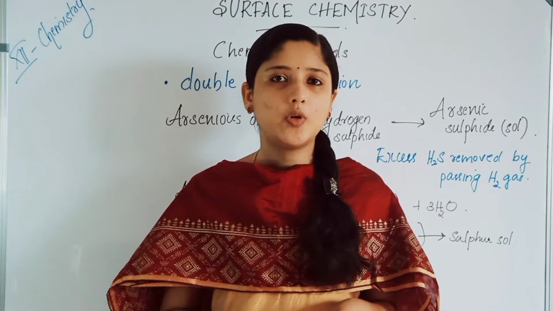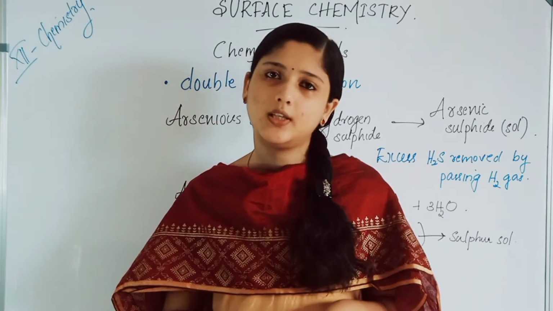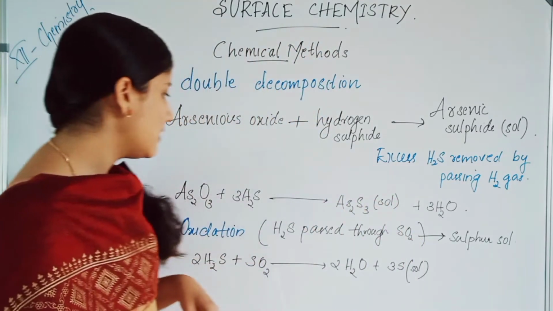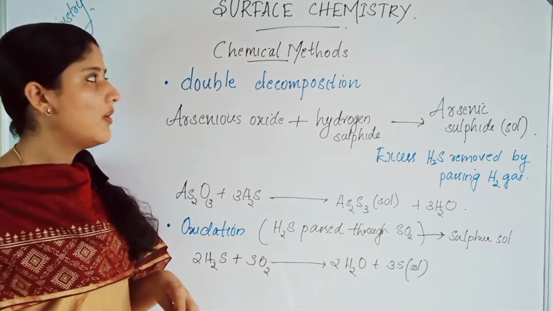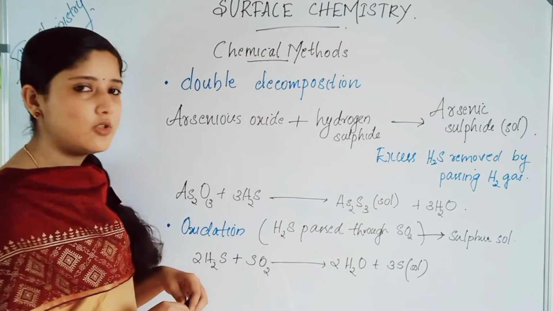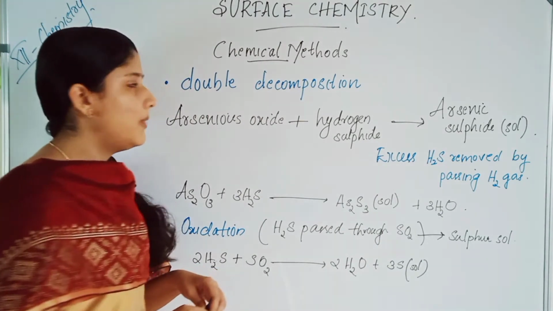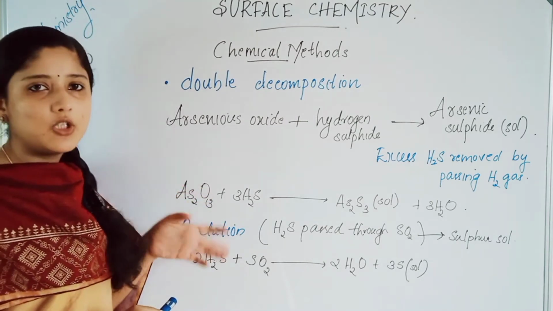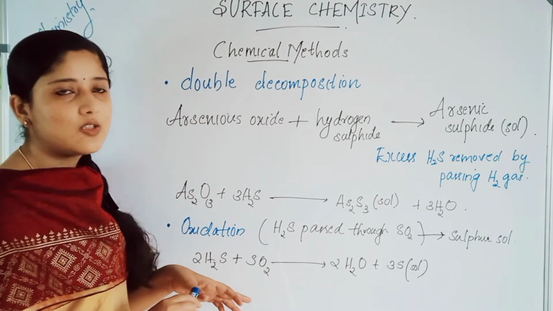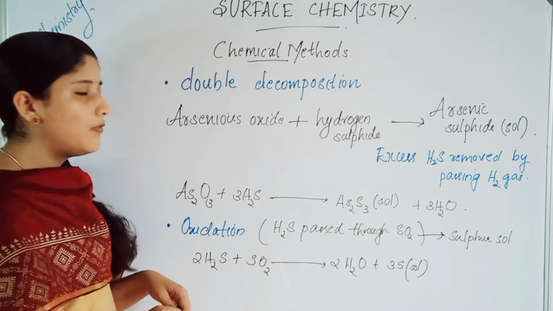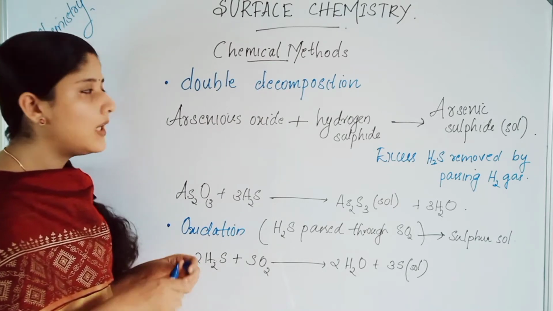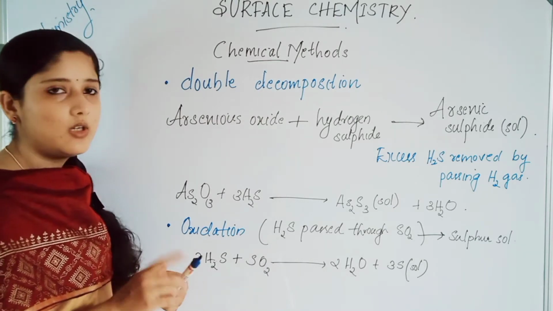Now we are going to study the chemical methods in detail. Chemical methods means by chemical reactions we are going to prepare the colloids or colloidal solution. Many methods like double decomposition, oxidation, reduction, etc. methods we will use. First, let's look at how by double decomposition we can prepare